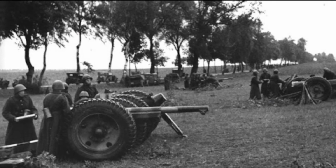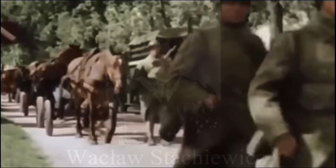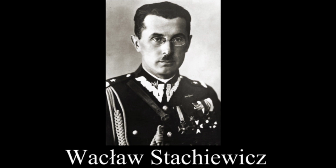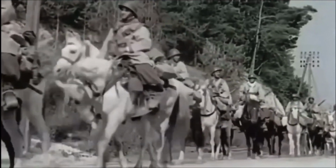So Plan Zachód, or Plan West, was formed. This strategy called for holding back the Germans at the border regions before retiring to the rivers and waiting for the Allies to launch an offensive into Germany. But critics saw the flaws in this plan. First, it would make the Polish army vulnerable to encirclement, and second, it relied heavily on the British and French